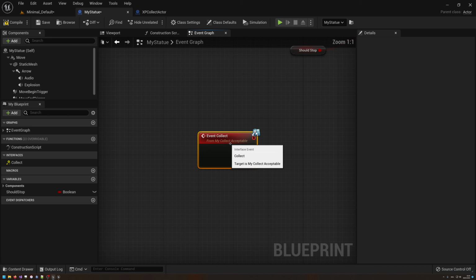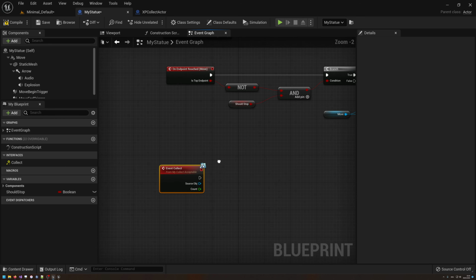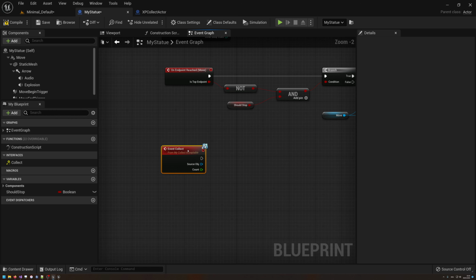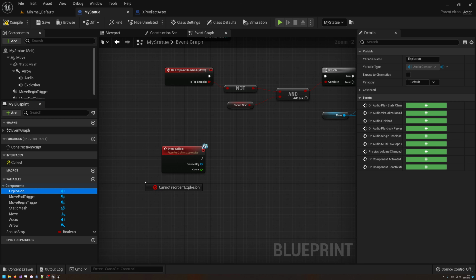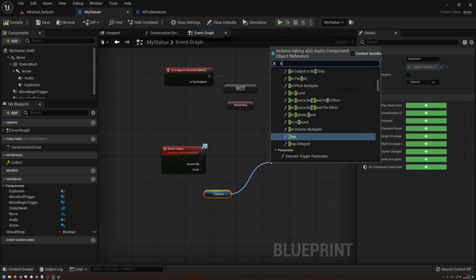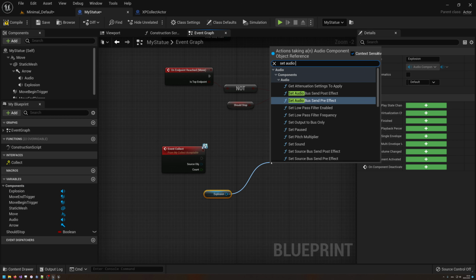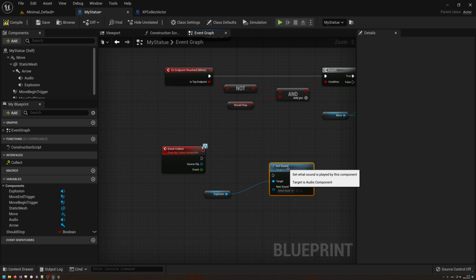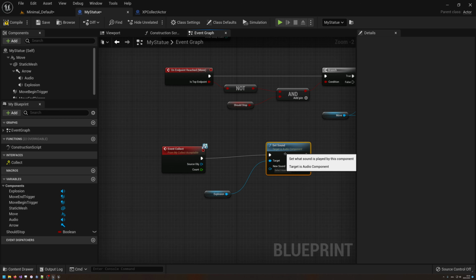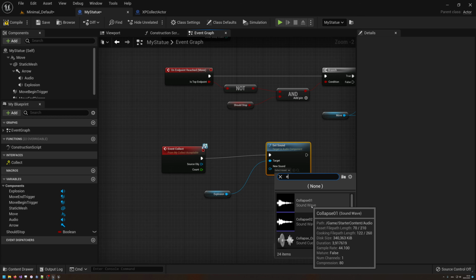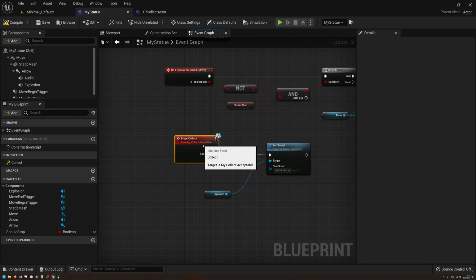And now I can actually implement the event. And here you can see event collect. And this is now an interface here. And you can see that we have the source object and this count. We don't really care about all of them. The only thing that we want to do is go to the variables, components. To our explosion sound, we want to get it, and we want to set audio, set sound, and we want to set a sound here, and we're gonna say explosion 1, and this should